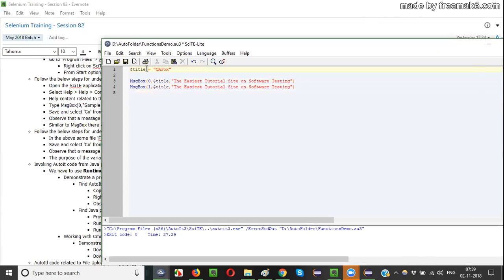This is a variable name, guys. This is a variable name. Dollar title is a variable name, and QFox is its value, which you got stored into the dollar title. You can reuse that. Now here, another thing is dollar